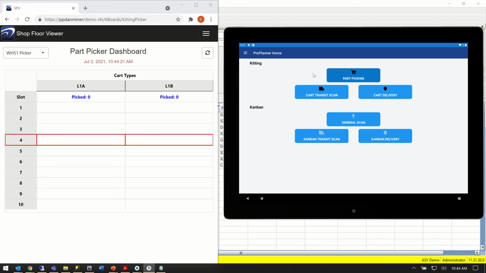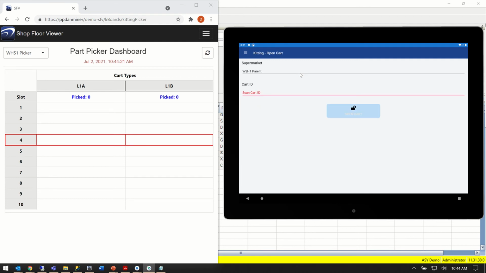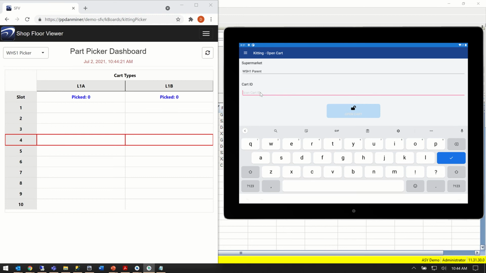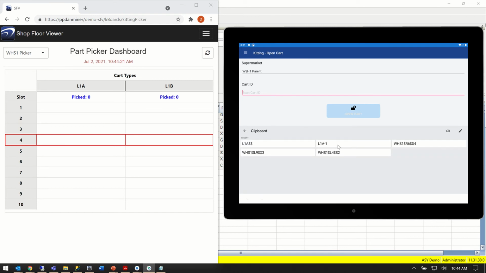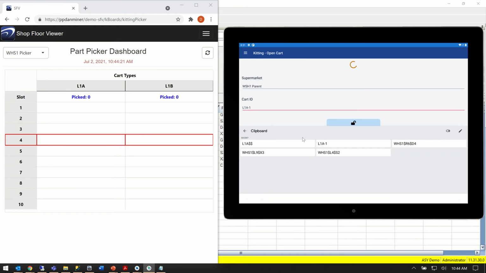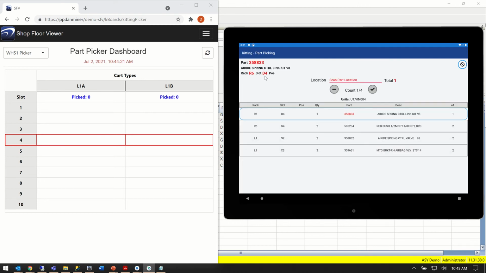So part pickers will open the part picking screen, and what they will do is they will go ahead and actually scan a label that exists on each and every cart within the facility. That's what we'll do first. So I'm going to scan the label associated with cart L1A-1. And then what the system will do is it will build out the list of valid parts that could exist on this type of cart. I used the word valid there, meaning that the part plan and the BOM for this